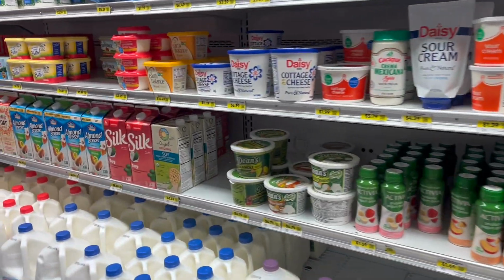So the supermarket has everything: milk, meats for sandwiches, veg,